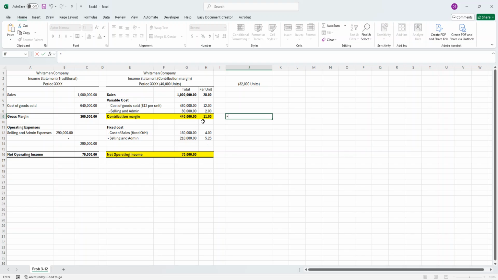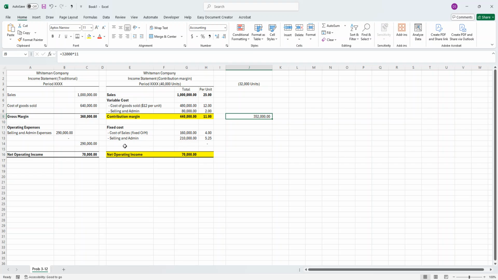You see that the contribution margin per unit is $11. So if I were to calculate my contribution margin when my sales is 32,000, all I have to do is take 32,000 multiplied by $11 per unit. So I know my new contribution margin is